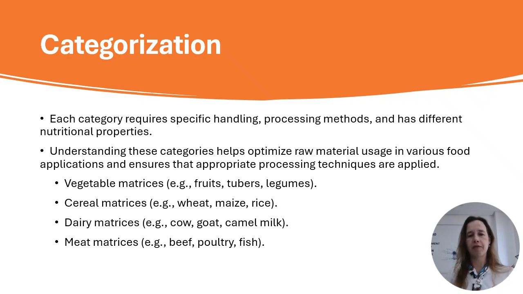The categories that you have are four, mainly. You know that very well, but just to highlight again, we have vegetable matrices: fruits, tubers, legumes. We have cereal matrices: wheat, maize, rice, and others. Dairy, of course,